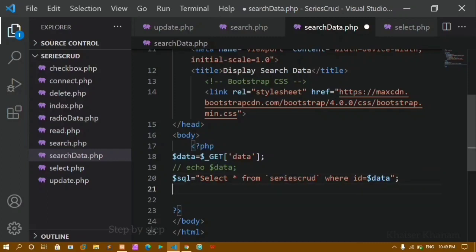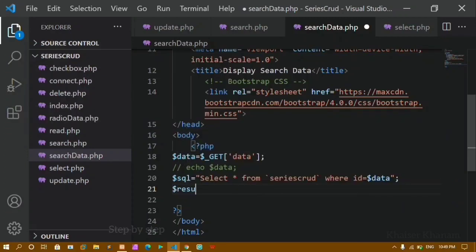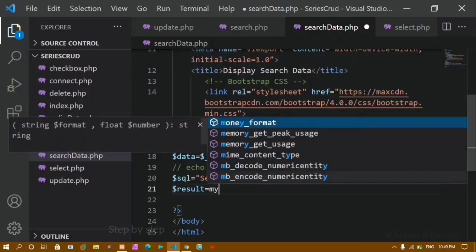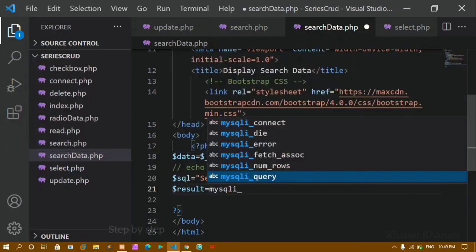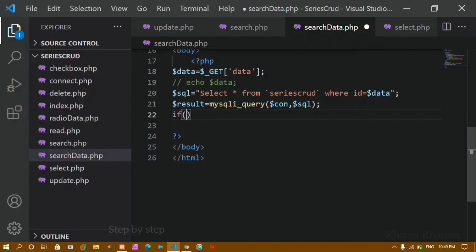Now I'm going to execute this query. I'll create one variable, result, and you can give any variable name here. I'll use mysqli_query, and pass my connection variable and my query variable. Now I'll write this condition: if my query is executed successfully, I'll come inside this block and fetch the data from the database, and I need only one row.